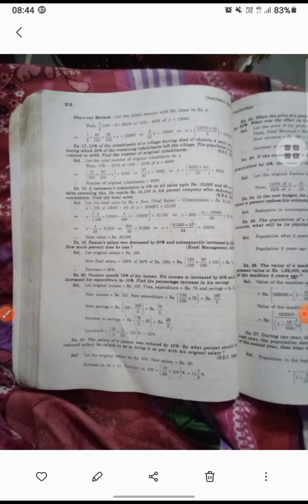A salesman's commission is 5% on sales of 10,000 and 4% on the amount exceeding this. So 5% of 10,000 plus 4% of x minus 10,000 equals 31000. Okay, so the salesman's commission is 5% on the sales, that is x का 5% on the sales of 10,000 and 4% on exceeding this. Exceeding का मतलब होता है x माइनस में आ जाएगा, x minus 10,000. ओके, so now after solving we'll get 32500.